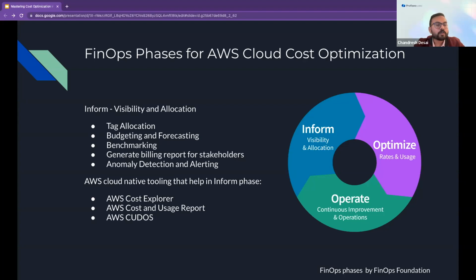I already mentioned the tooling, so what tools can you use to set this up in the Inform phase? For example, AWS Cost Explorer, which is easy to use. You don't need much detail, knowledge, or experience with Cost Explorer. You can just go to the billing dashboard, go to Cost Explorer, and view the price. You can view details about resources, usage, and cost by drilling down into individual services,